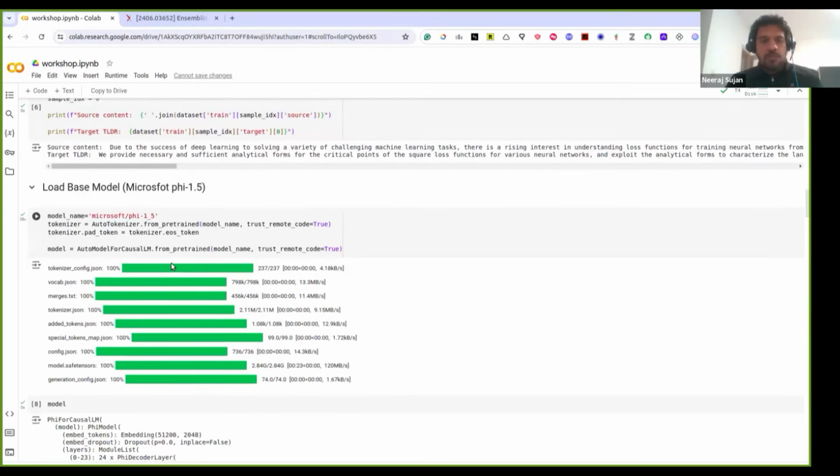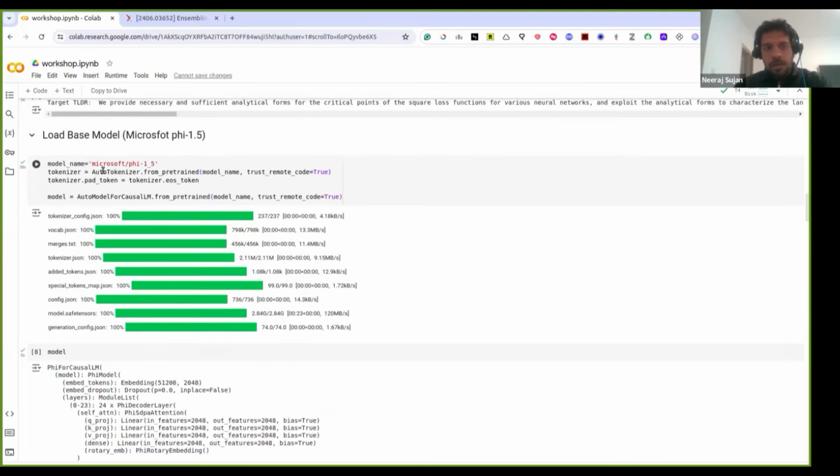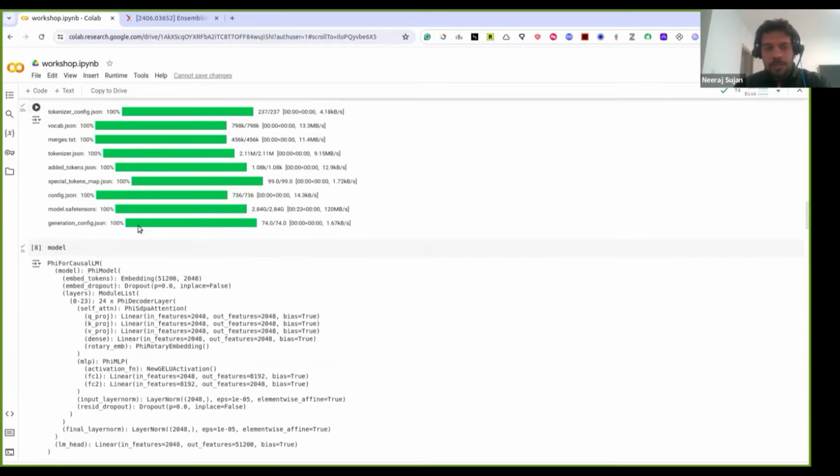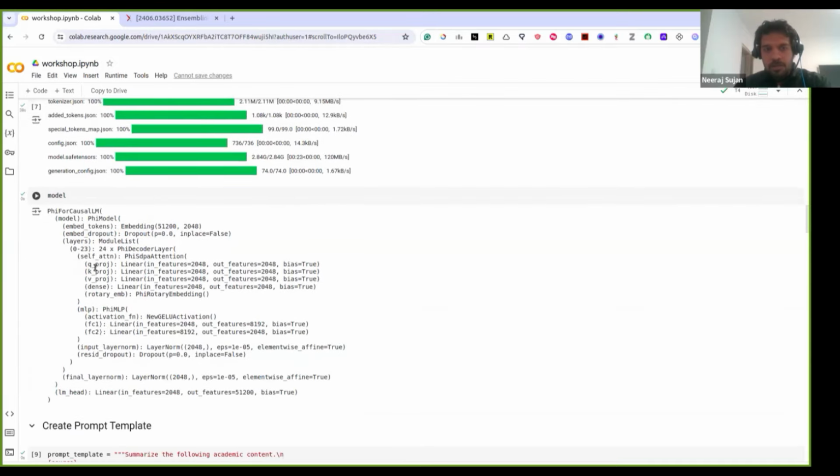So like I told you, the first step would be to load a base model. It can be any model of your choice. I'm using Microsoft Phi 1.5, and you don't need to understand the code, but what you need to understand are the steps that I'm following. First step is to load the base model, and this is how the model looks. And what is important is to understand